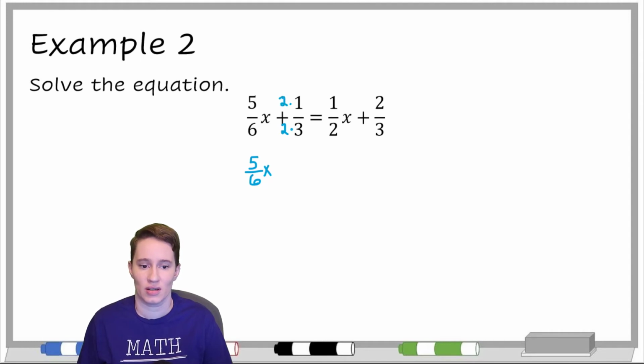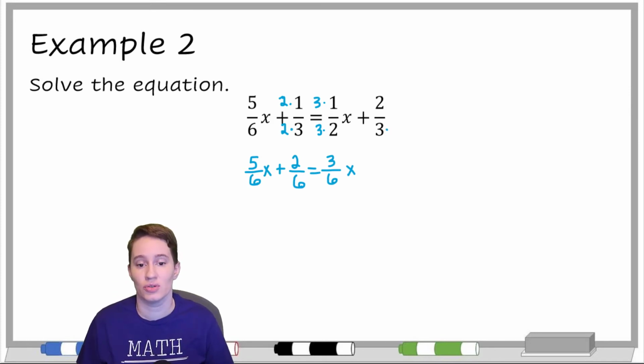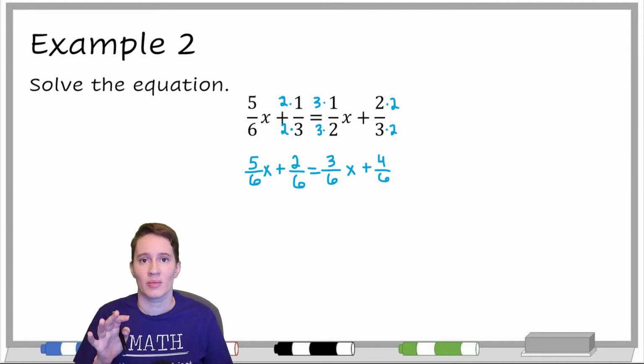And that gives us 2 over 6. Now we are going to do the 1/2, so we need to times that by 3 to get it to be 6 on the bottom. So 3/6 x. And then the 2/3 needs to be multiplied by 2 on the bottom. So that gives us 4/6. So now that everything has a 6 on bottom, we get rid of all of the denominators and say